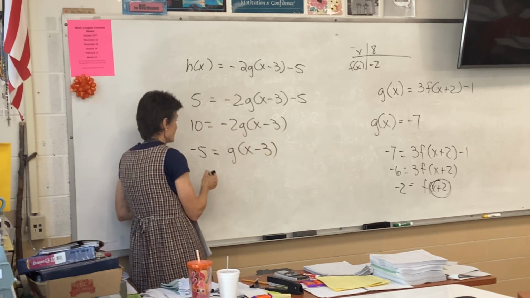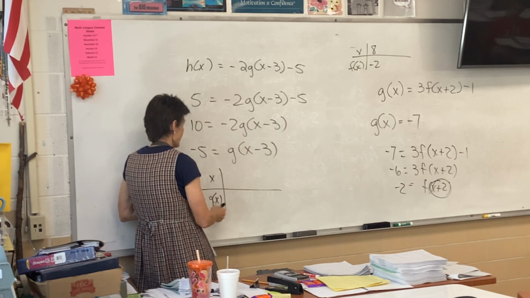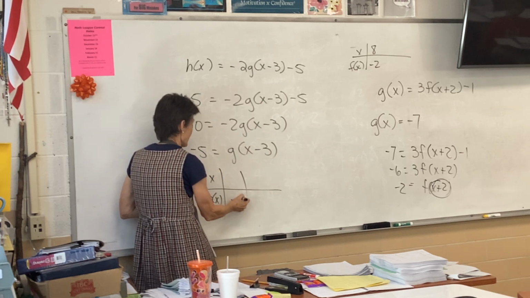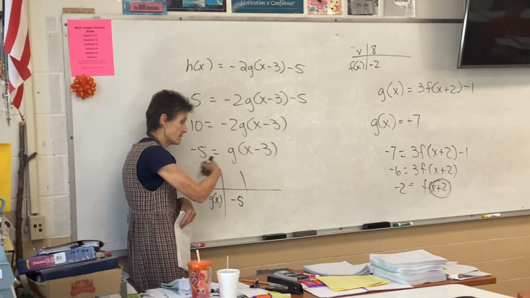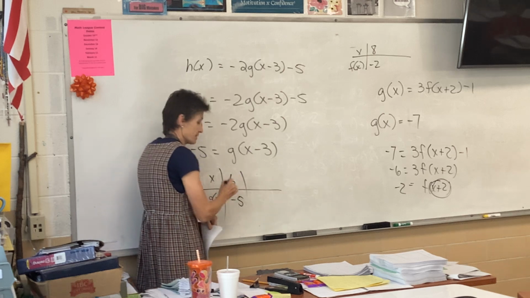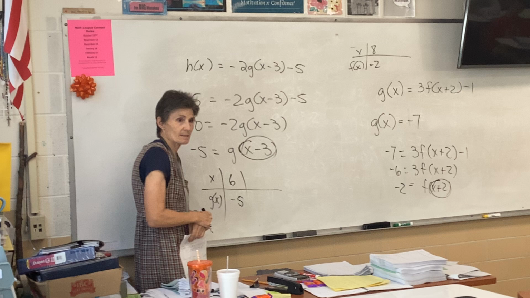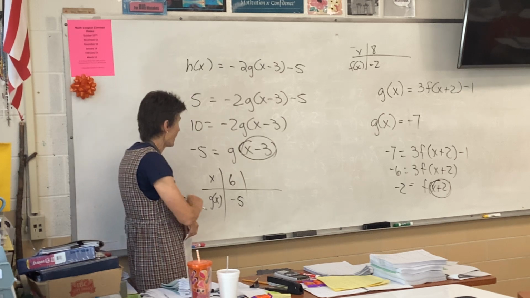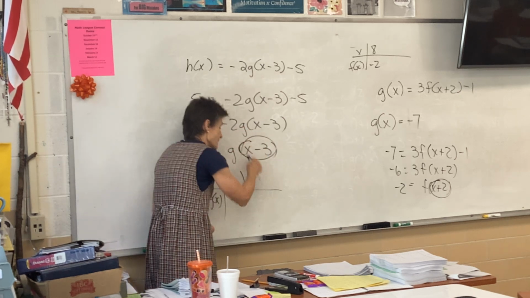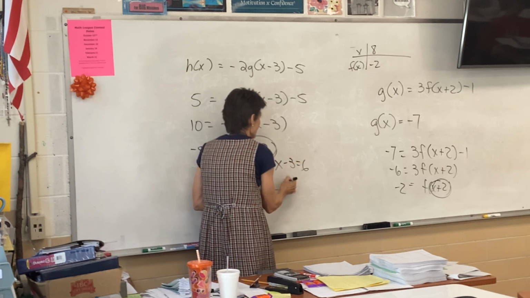Now this says, there's my d, this says some x gives me negative 5. That's what that says. So we look at my table, and that's 6. So that means this has to be 6. The only way I can get negative 5 is if I find g of 6. So x minus 3 is 6, which means x must be